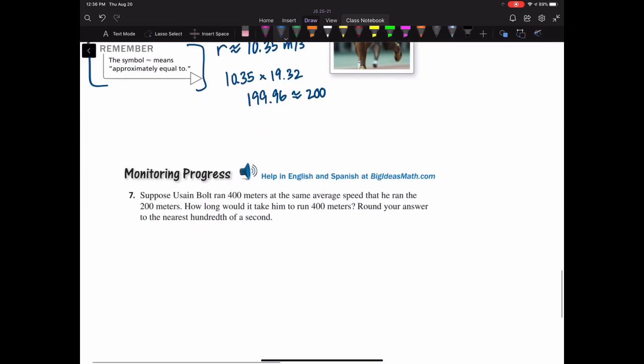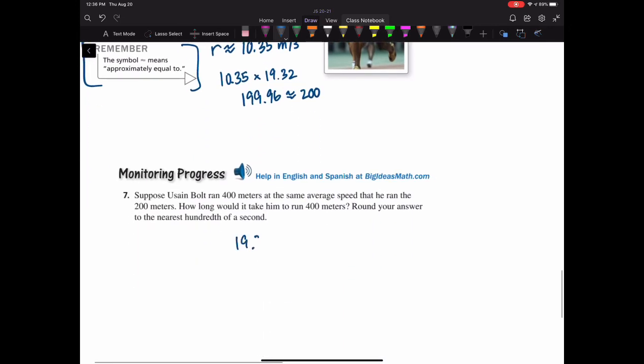So if we take that 19.32 and multiply that by 2, we get 38.64. All right. So the same would go if you took your 400